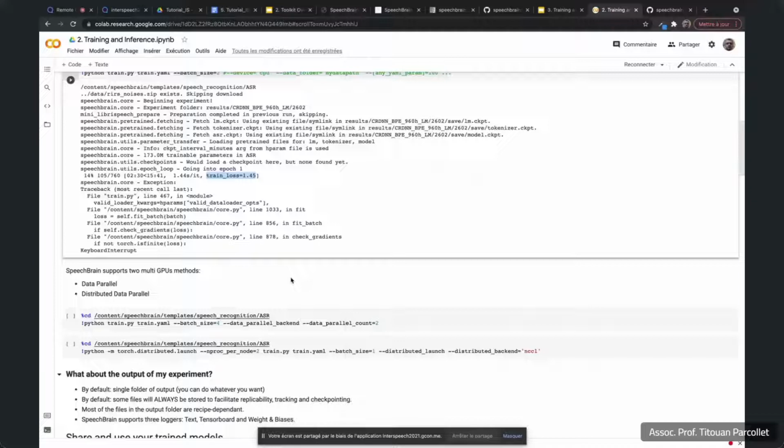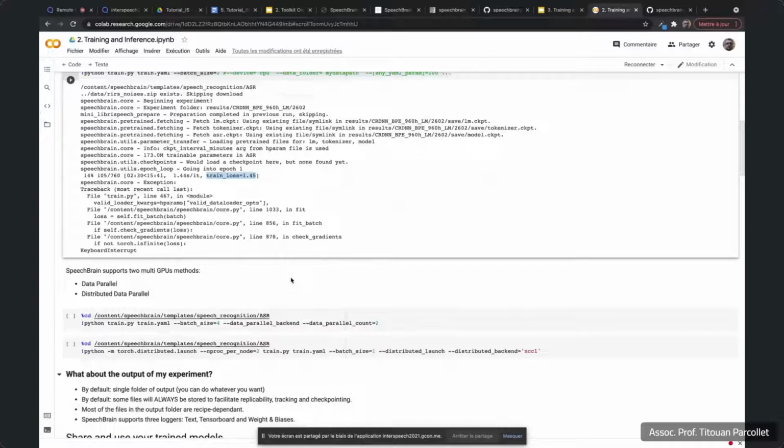So data parallel will spawn one Python thread for all the GPUs, right? So it means that you can get a bottleneck once you increase the number of GPUs that you will be using. So if you have 8 GPUs, you might get a bottleneck because you will only have one Python thread managing all of them. While for distributed data parallel, well, it's not the case because they will spawn one thread per